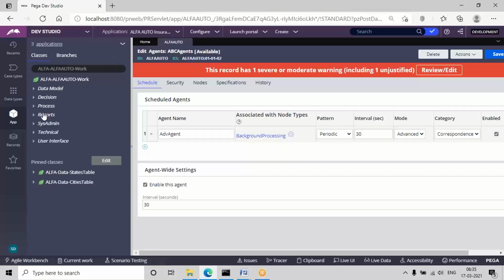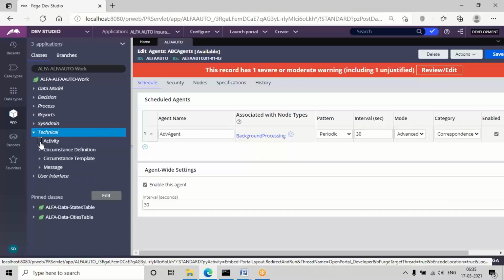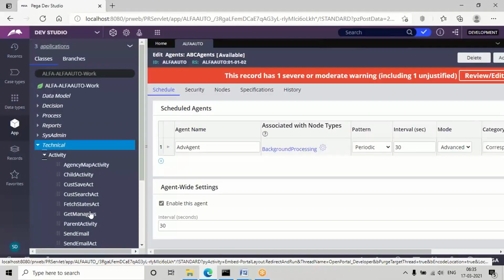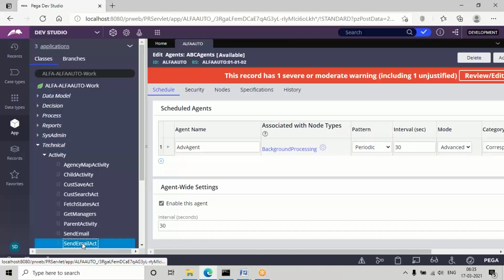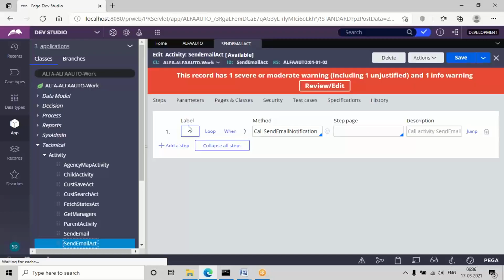Before that, the activity steps are the same. What I'm going to do is open the previous activity, and I'm using the save as option, because one activity in two agents I cannot use.